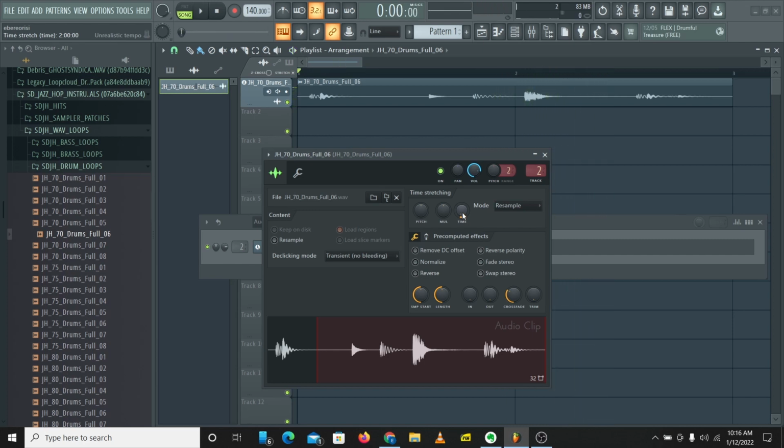So in the resample mode, if you increase the time, the pitch of the sample will decrease. If you try to change the pitch, it's going to switch the mode from resample to auto.